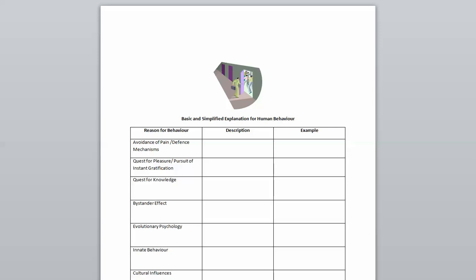Okay, there are 6 different types of defense mechanisms. You can talk about how people fantasize, maybe about winning the lottery or something like that, to avoid pain. There's repression. That's when you push a painful thought into our unconscious mind, and that's probably not something you'd be able to observe.